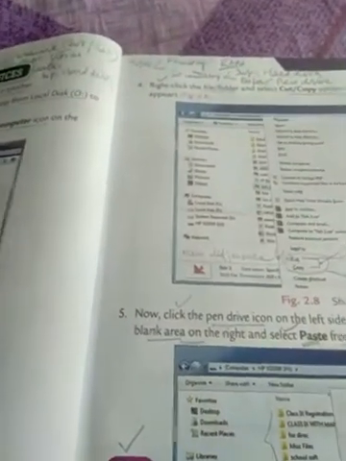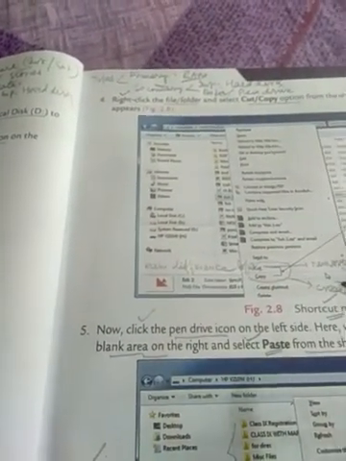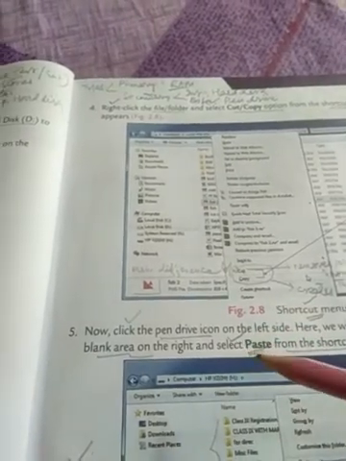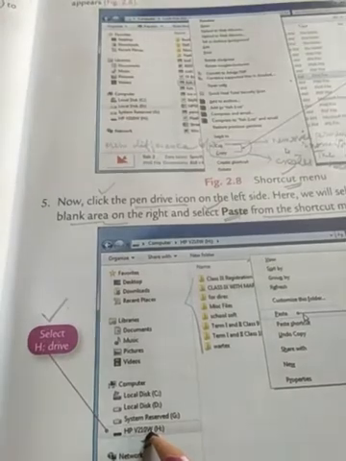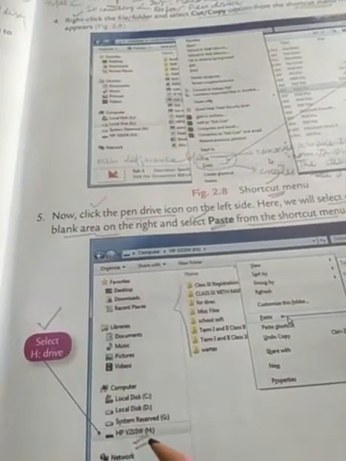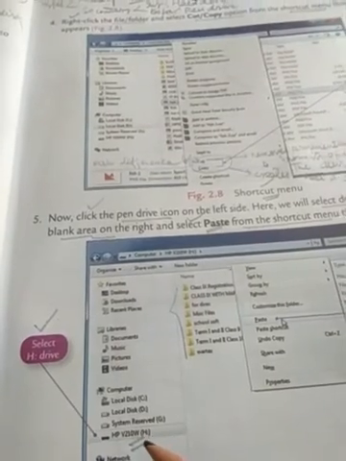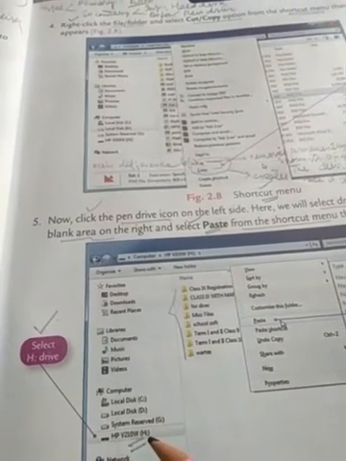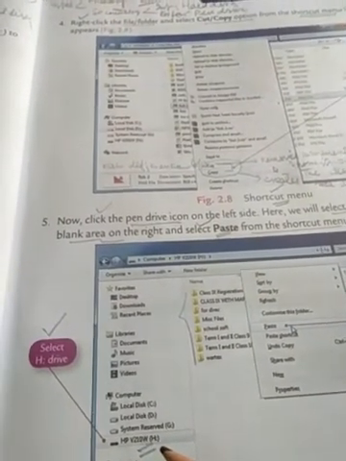Now in the fifth step, we have to click the pen drive icon. This is the pen drive icon, and we have to select or click this pen drive option using the left key of the mouse.